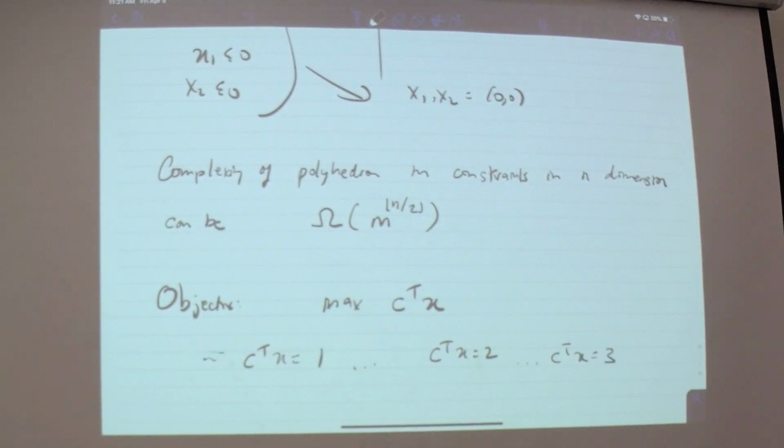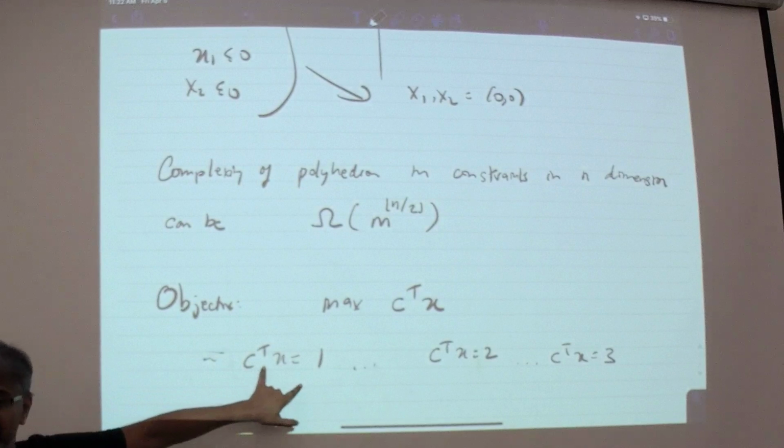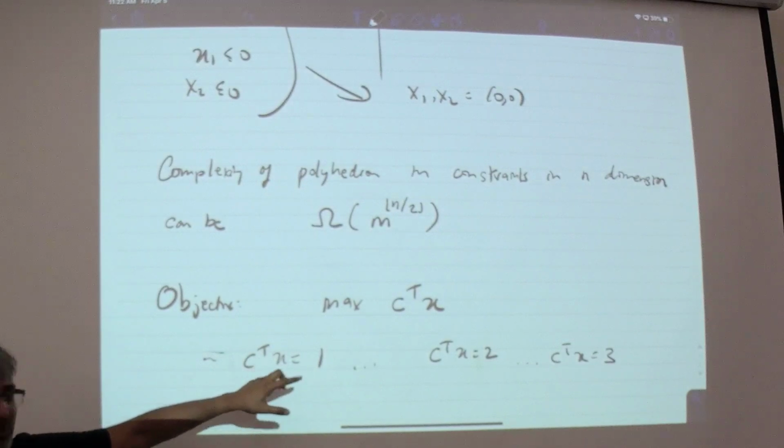Okay? Now we can say there's a whole bunch of possible values for X that would get me C transpose X equal to 1, and they're all kind of okay. They're not obviously optimal. And there's a whole bunch of different answers that give me C transpose X equal to 2, and they're also kind of okay. They're not optimal. But I worked really hard and I got C transpose X equal to 3 and I feel like, okay, that's optimal. But if you look at all the solutions for this equation, what does this describe?